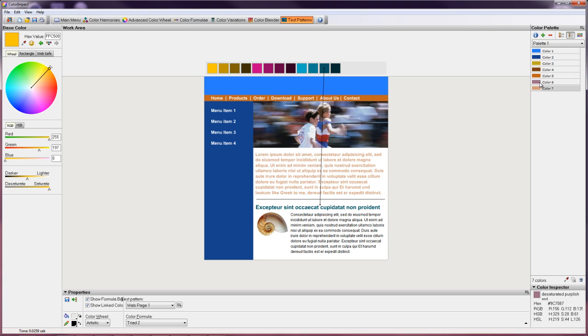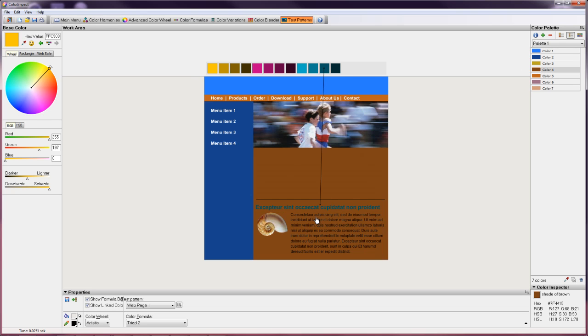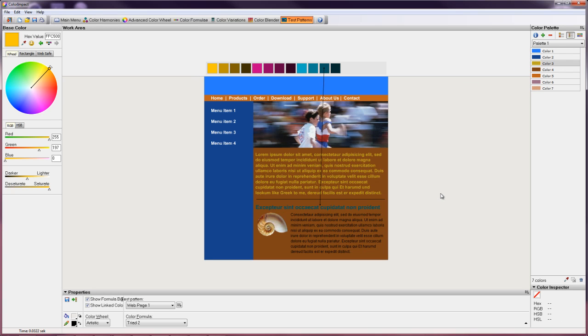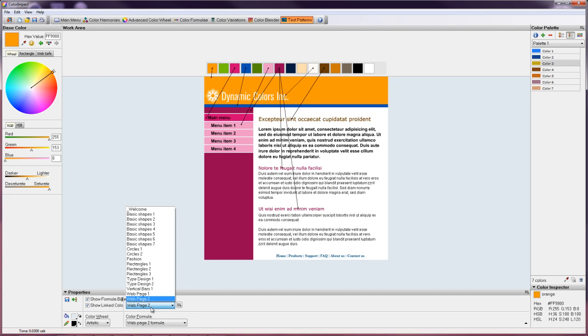Oh, I see. That's for text. If that's the case, we want it darker. Oh, and that's the background. I don't like that at all. Yeah, whatever. But still, it gives you a little bit of an idea of what your colors look like on websites, on images,